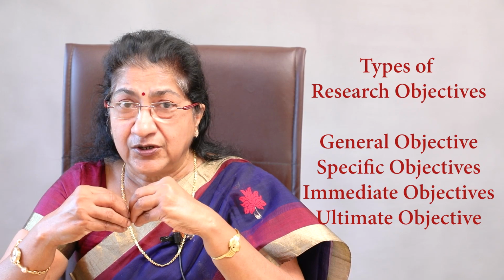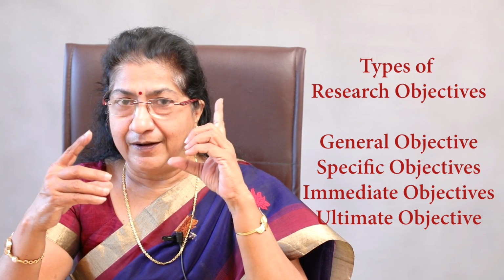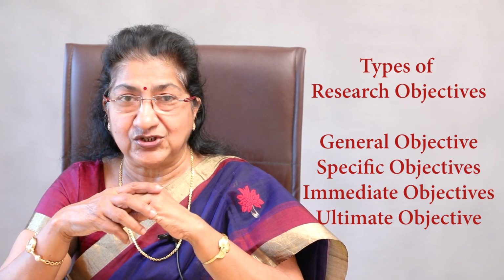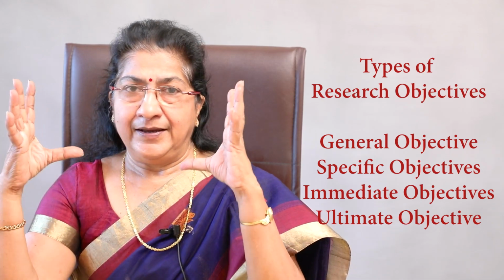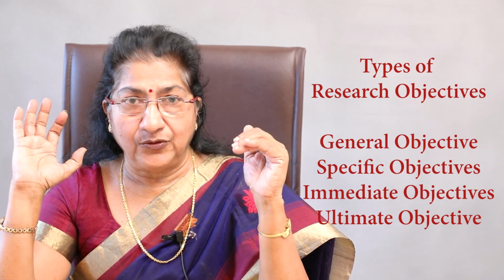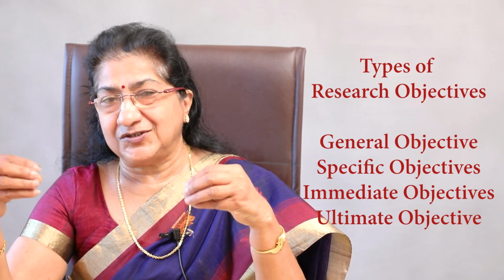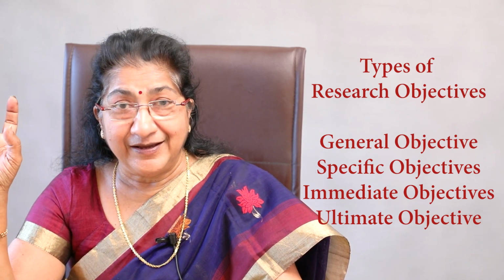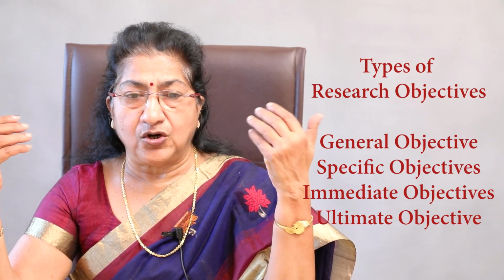The third one is the immediate objective. Immediate objective means you want to apply that thing. I gave you one example when we discussed types of research, applied research. You want to apply that solution, that is the applied objective. And the last one is the ultimate objective. What is the ultimate objective of your research work? Suppose for PhD students, their ultimate objective is to get the degree. So, this way you can classify your research objectives.